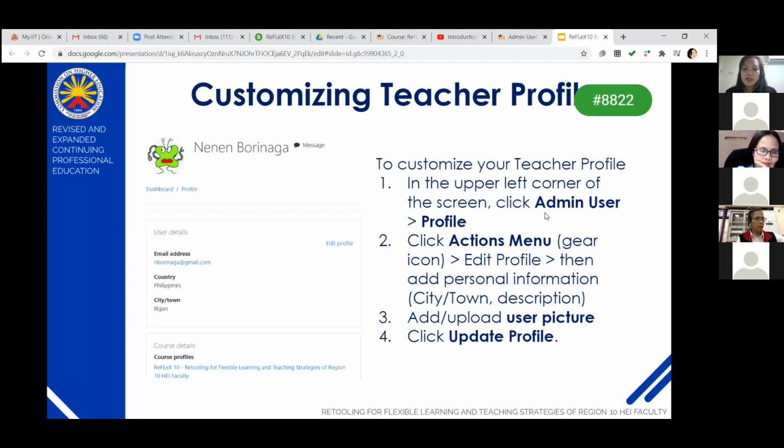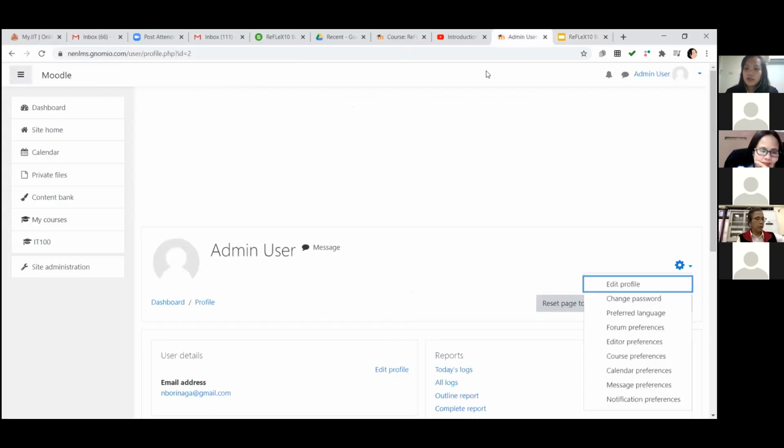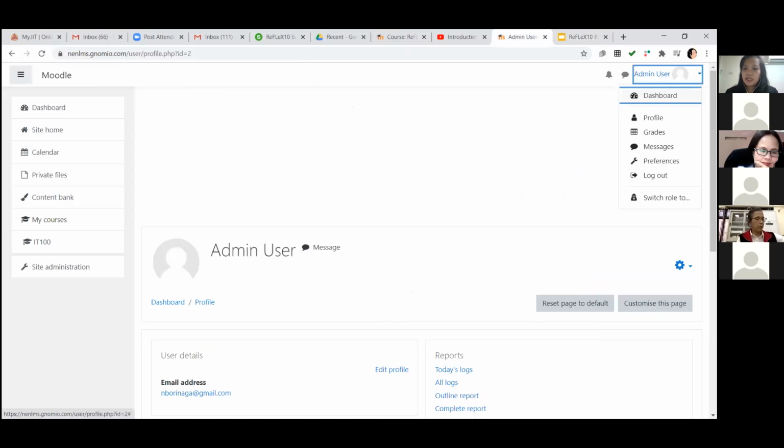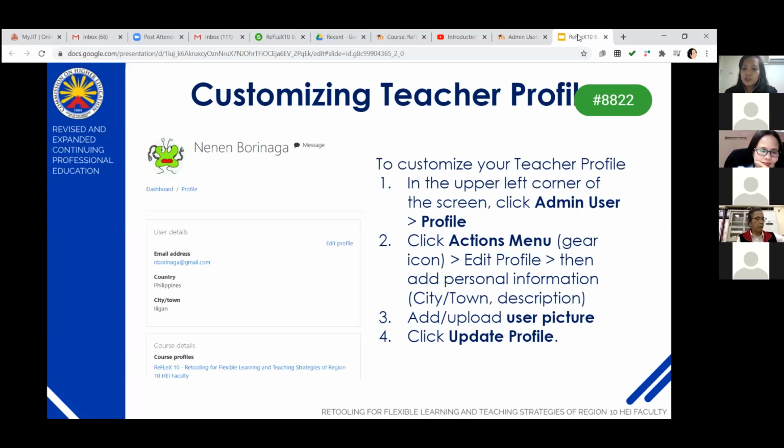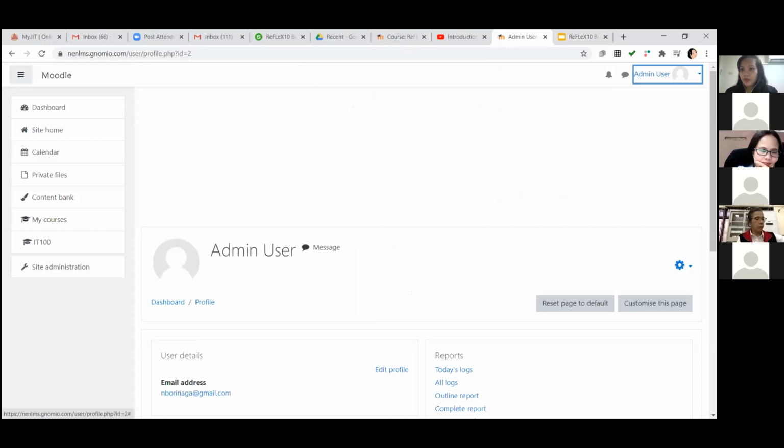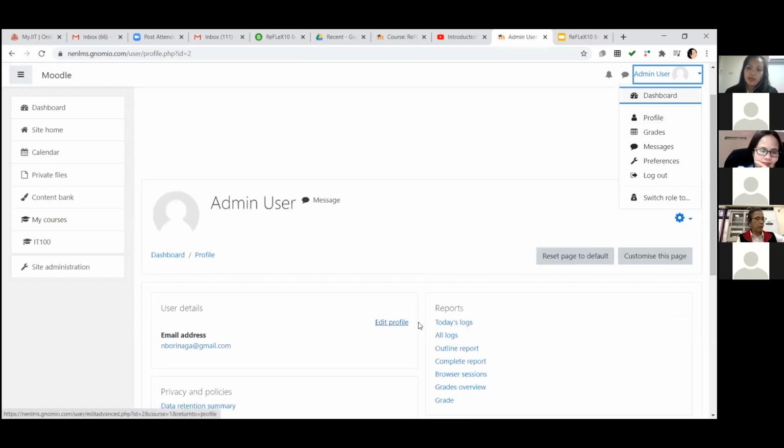Okay, to customize your profile, in the upper left corner of your screen, you have to click the admin there, this one. Just click this one and then click on the actions menu or the gear icon, and then you can edit or update your personal information. Then you can also add your user picture to update your profile. Again, go to admin, user, or this arrow down, click this one, and then click the profile, or you can also click edit profile. So edit,